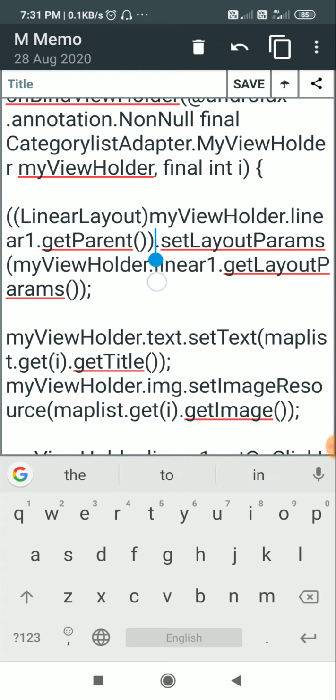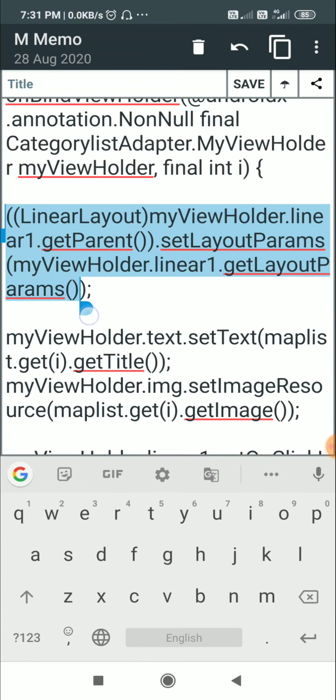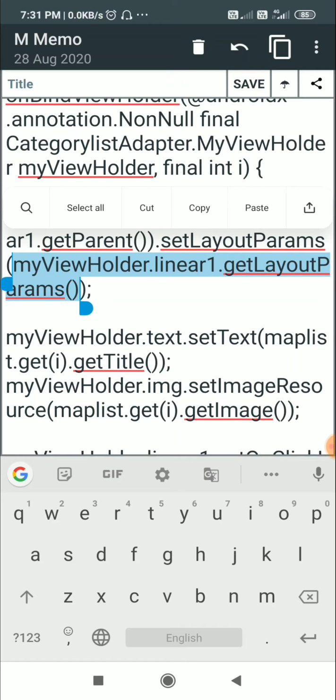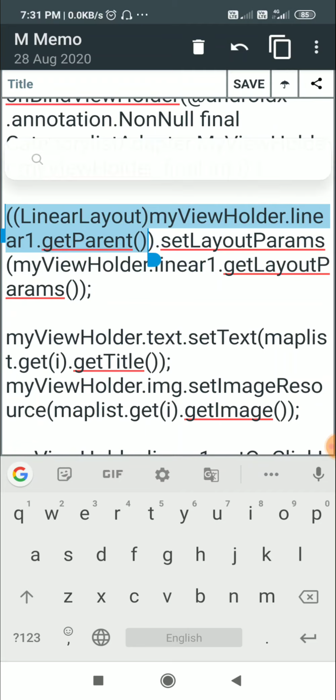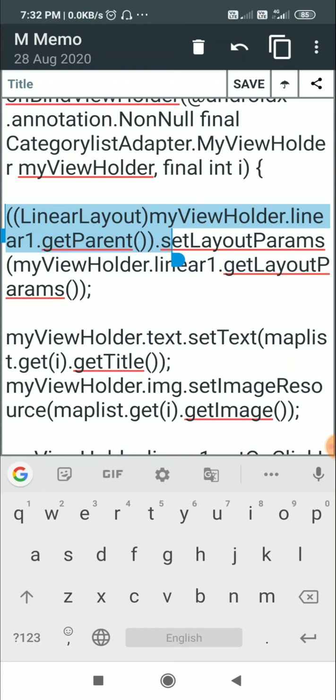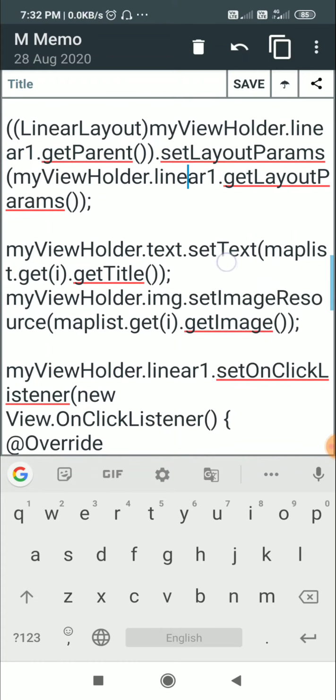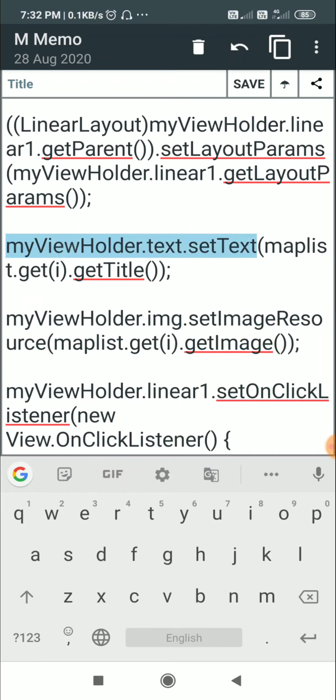For that parent I set the layout params to the layout params of linear1, which is myViewHolder.linear1.getLayoutParams. This gives me the layout params of linear1, meaning the width and height, which is wrap content for width and wrap content for height.